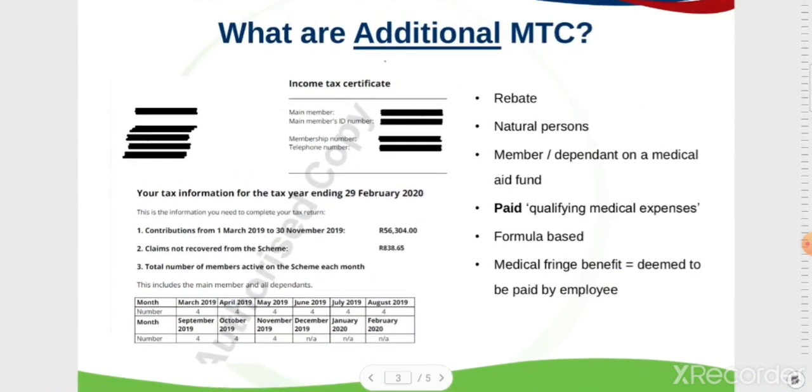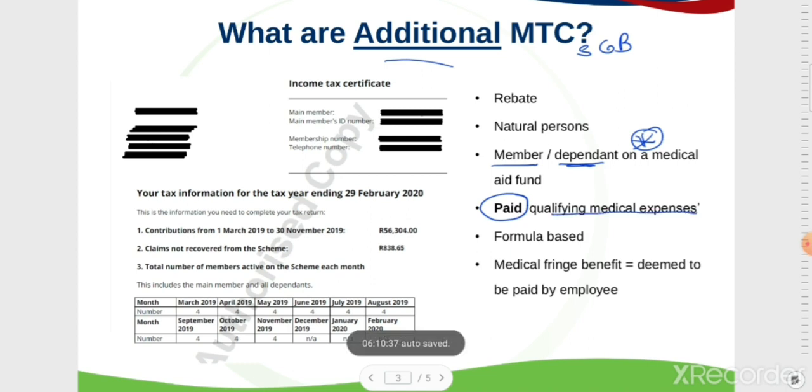Section 6B is your additional medical tax credit. Section 6B will kick in if you are a natural person and, as a member of a medical aid scheme or a dependent on a medical aid scheme, you've paid for qualifying medical expenses. This is the difference between Section 6A and 6B. In 6B, either the main member, who's the person paying the contributions, or a dependent can claim the rebate, provided that the person claiming 6B has paid qualifying medical expenses, which is defined in the legislation. The amount of the rebate is worked out based on a formula,